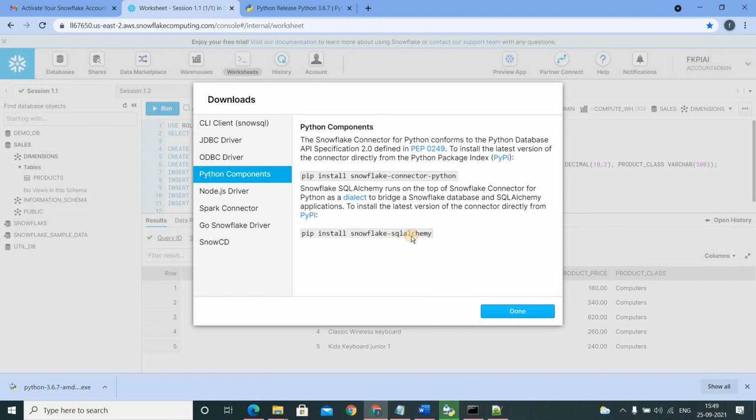It has many more functions to talk to relational databases, including functionality to convert function calls into SQL statements. I just want you to familiarize yourselves with this library, Snowflake SQLAlchemy. We are not getting into more details about it.